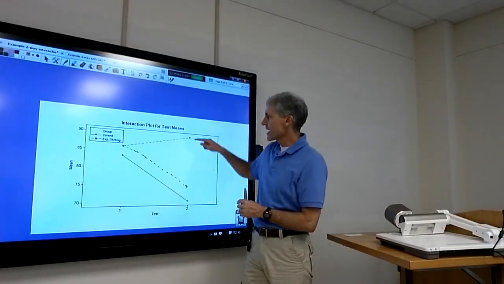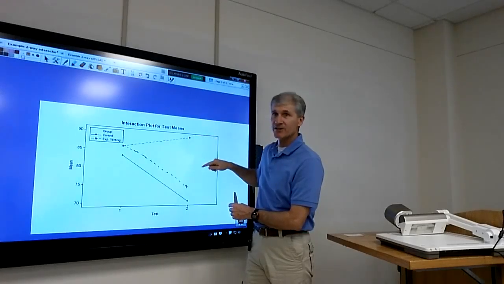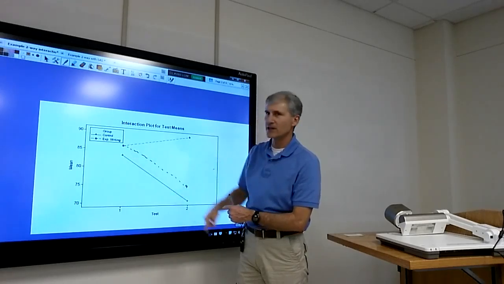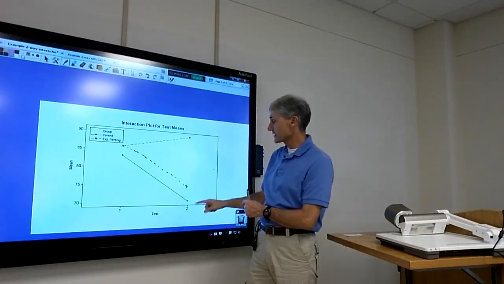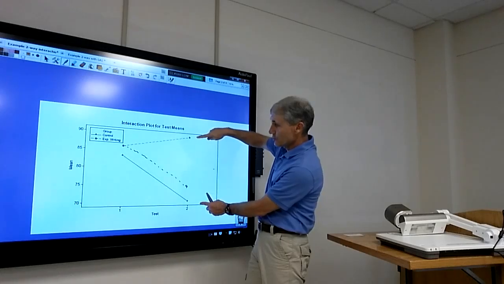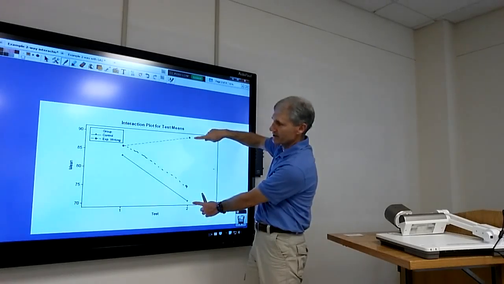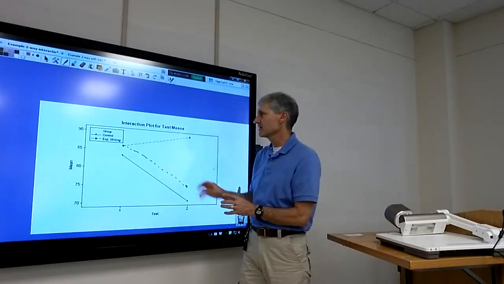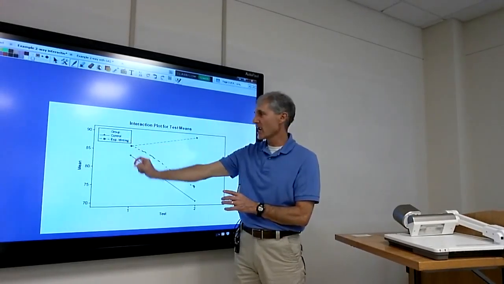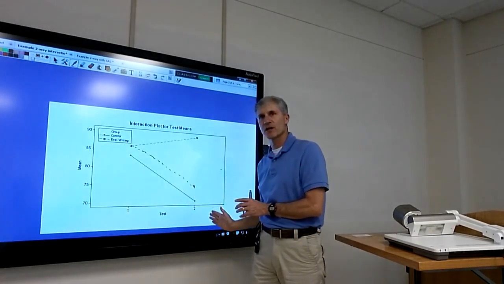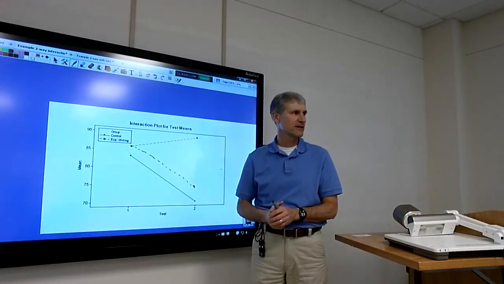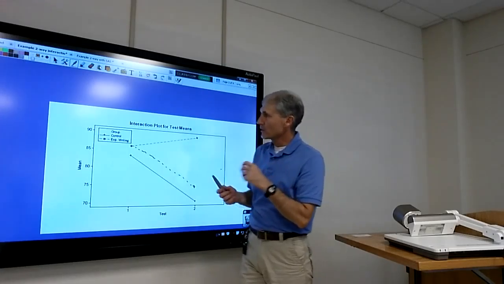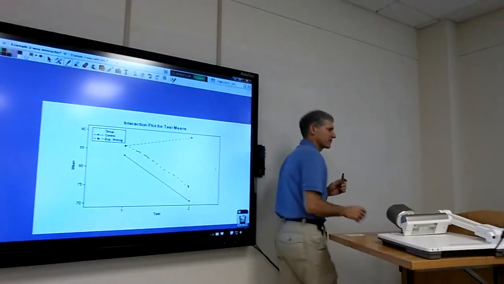Right? But with interaction, the effect changed. When they take the first exam, there's about a 3-unit difference. But when they took the second exam, there's a huge difference, about a 20-point difference from 70 up to 90. So the size of the effect of writing group changed at different levels of the other factor. That's statistical interaction. Okay? So we fleshed out an ANOVA table for this,